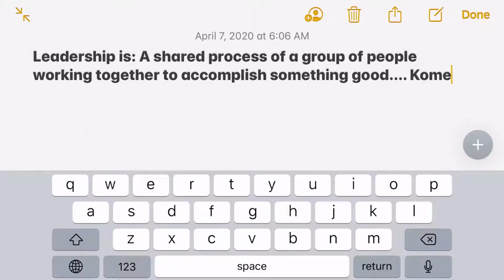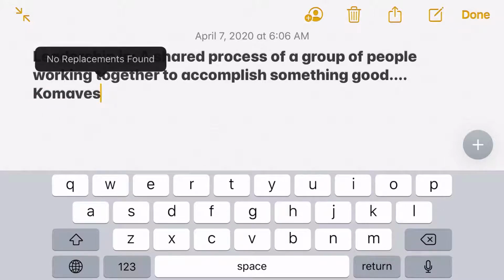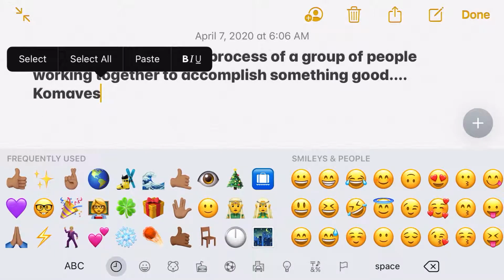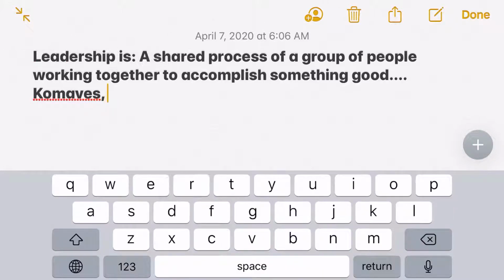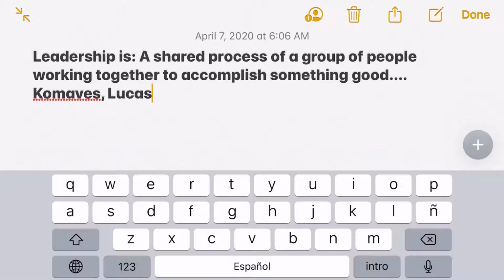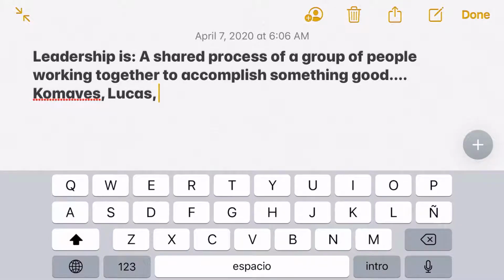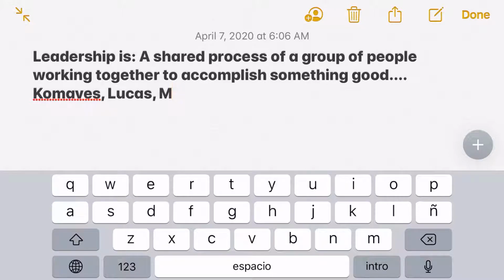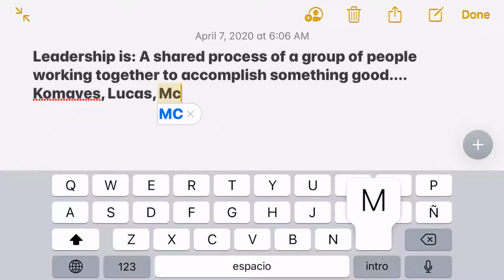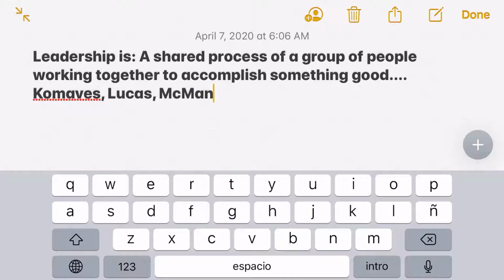And I think I misspelled Komives. Let me just put in the other two authors in that theory. We have Nancy Lucas and Tim McMahon. And again, that's from their Exploring Leadership textbook. Okay, so